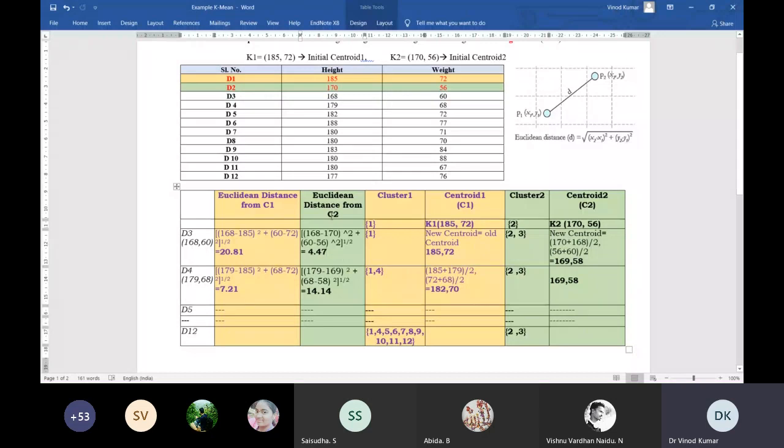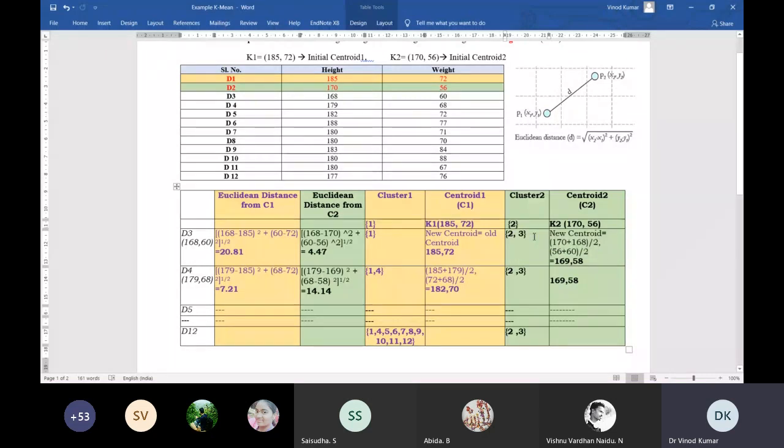The distance of object D3 is minimum from C2, not from C1. So I will assign this tuple, this object, to cluster 2. I will assign D3 to cluster 2. D2 was already there in cluster 2.